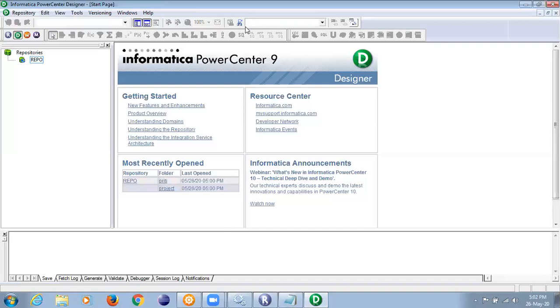Which you want to use in Informatica logic, you will take it from the toolbar. I'll explain what is the meaning of new and what is the meaning of old component also. Any new component which you want to take will be taken from the toolbar. Any existing component which you want to take will be taken from the navigator.